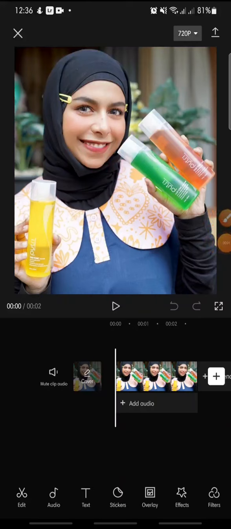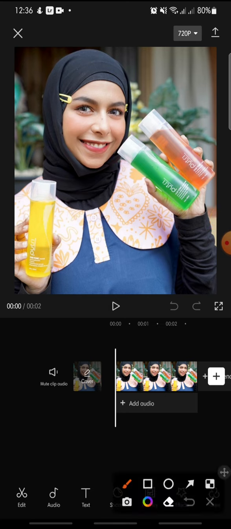In this video, I'm going to show you how to add the Prague effect tutorial on CapCut app. Now let's get started. First, after you add the photo or the video that you want to edit, in here